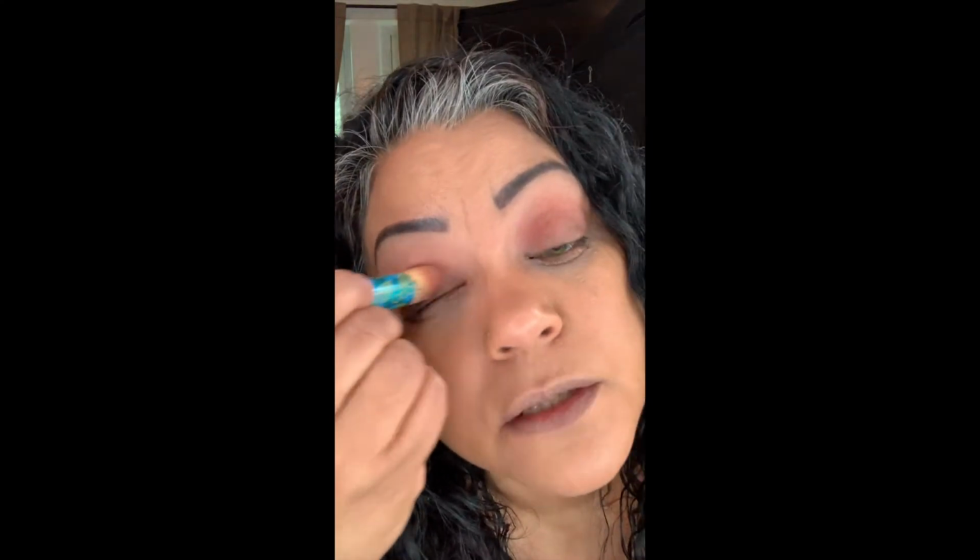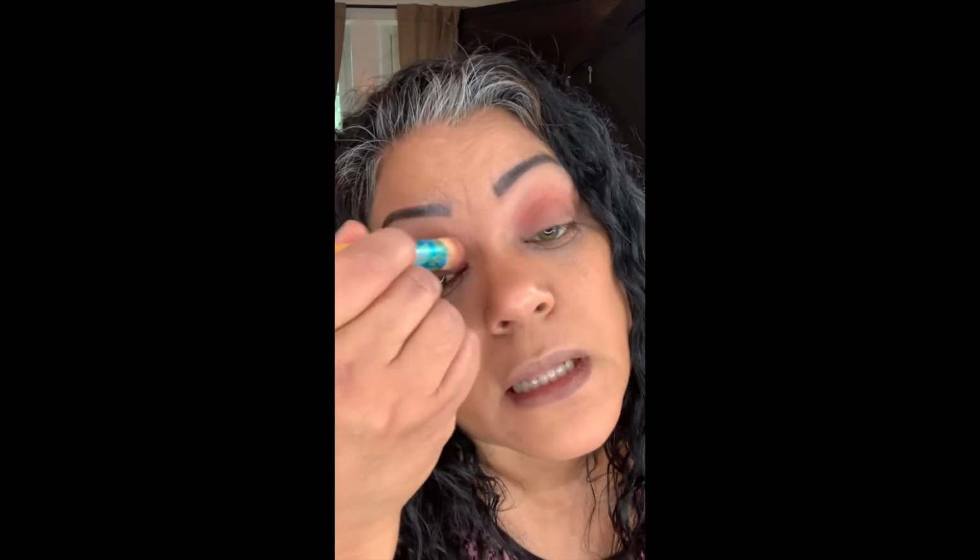You see? So basically, the top, since I covered the whole eyelid with the peach and the light color, the reason why I do it with the lighter colors is because when you're gonna put on some eye makeup, it's best if you not only have a primer, but you also need to kind of balance out your two eyelids to make sure they have the same color,